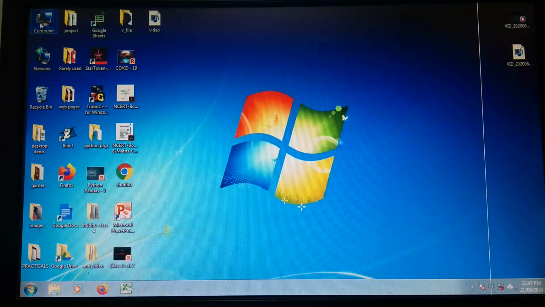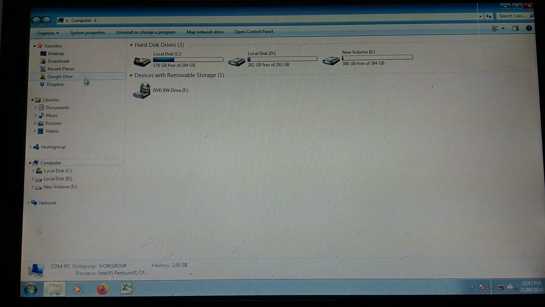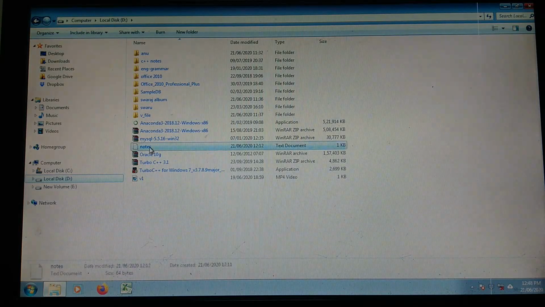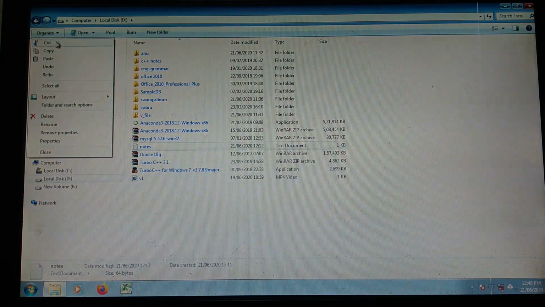Again, double click on this computer and here in Organize. I know that the file is in D drive. Single click, select this notes file, click on this Organize button, use the command Copy. I want to copy the file.